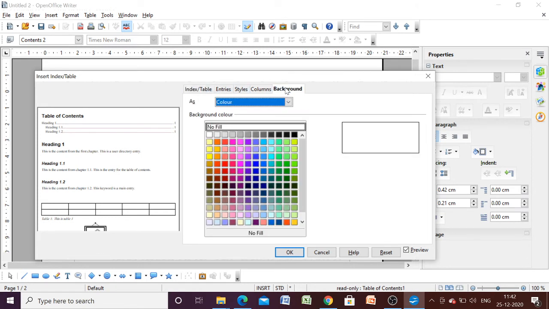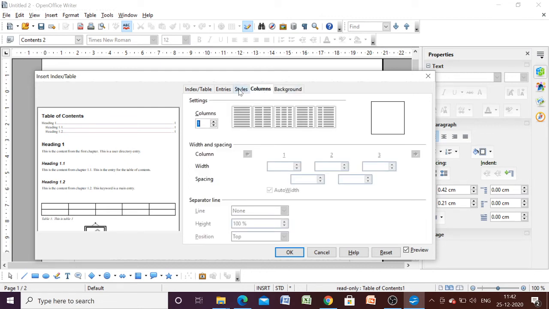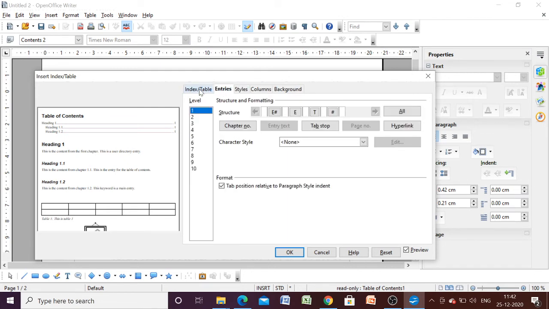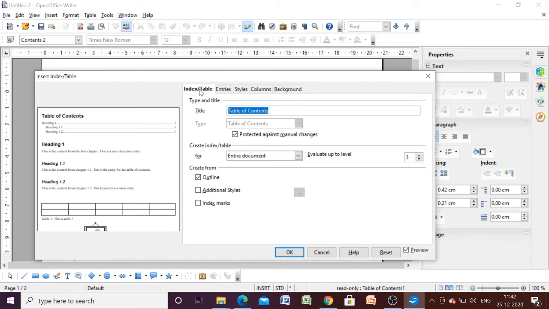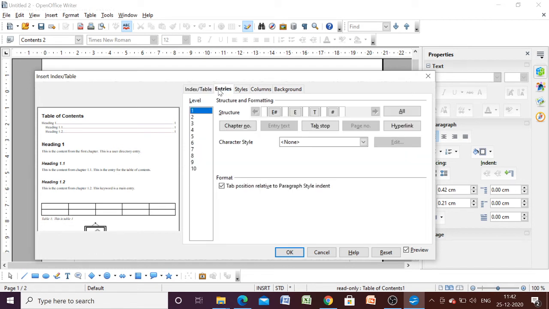Here we have background, columns, styles, entries, index and tables. Okay, so index and tables is the same thing which we used during the creation of this table of contents. Entries, when you click on this one, we have 3 levels of entries, and if you want to make any changes, first you have to select the level and then do the editing.